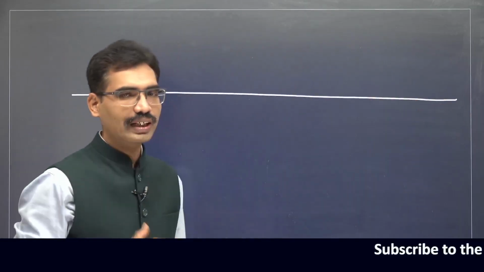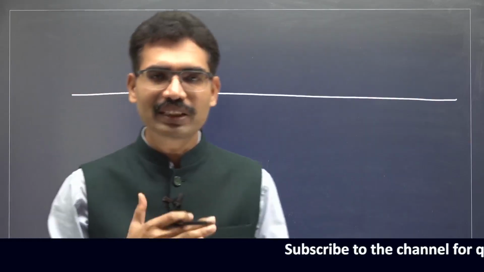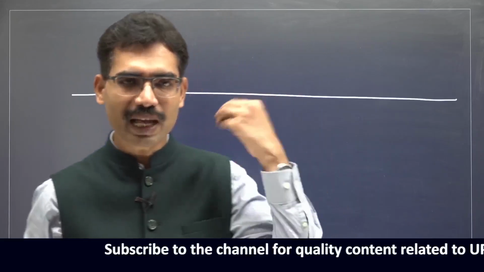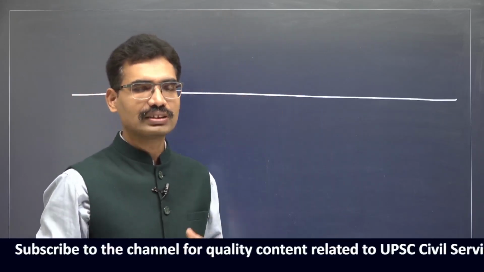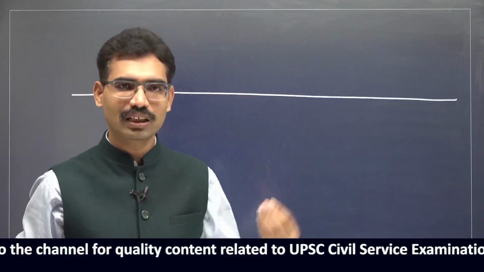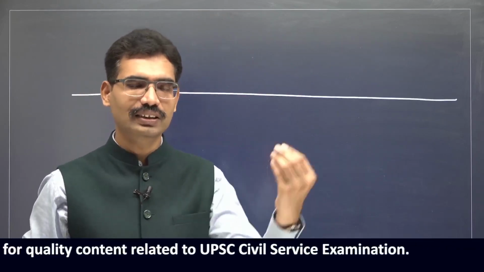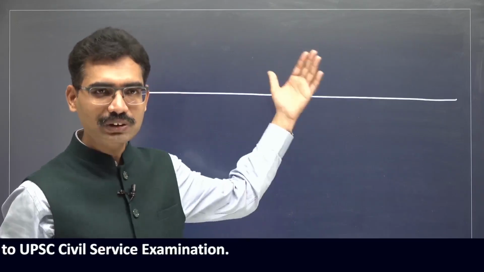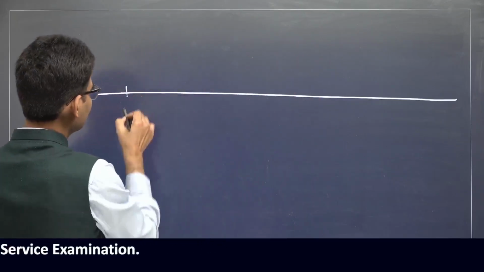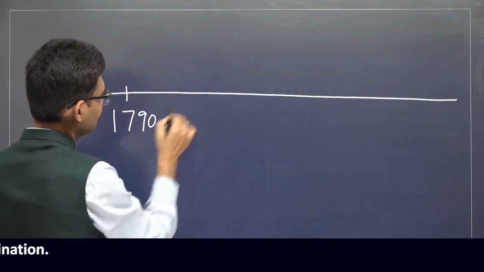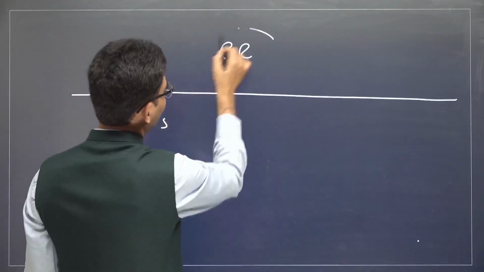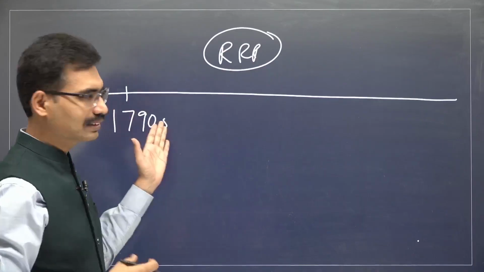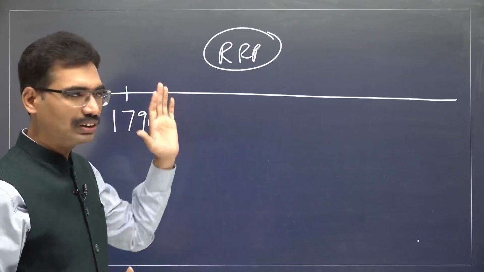Now, could you see, to understand the activities of Raja Ram Mohan Rai and Ishwar Chandra Vidyasagar, you have to know what is happening behind them. Otherwise, we will simply mug up what Raja Ram Mohan Rai has done, what organization he has created, what Ishwar Chandra Vidyasagar has created. But behind this, so much story is going on. That is why in the 1790s, Raja Ram Mohan Rai was a child. He was born in the 1770s. In the 1790s, he is a teenager and now entering into his 20s.